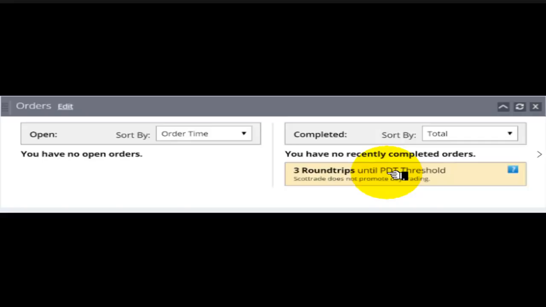For instance, the average margin account with $100,000 in it gets $200,000 of buying power, right? Well, a pattern day trader may have four or $500,000 of buying power on his $100,000. That's an added bonus because they know